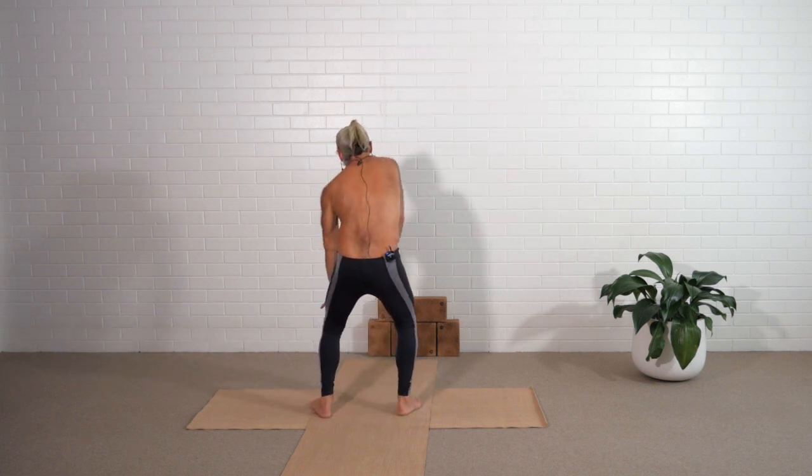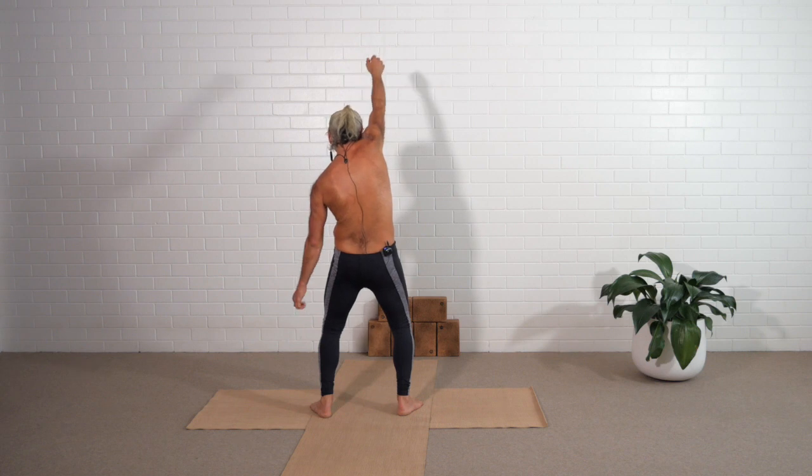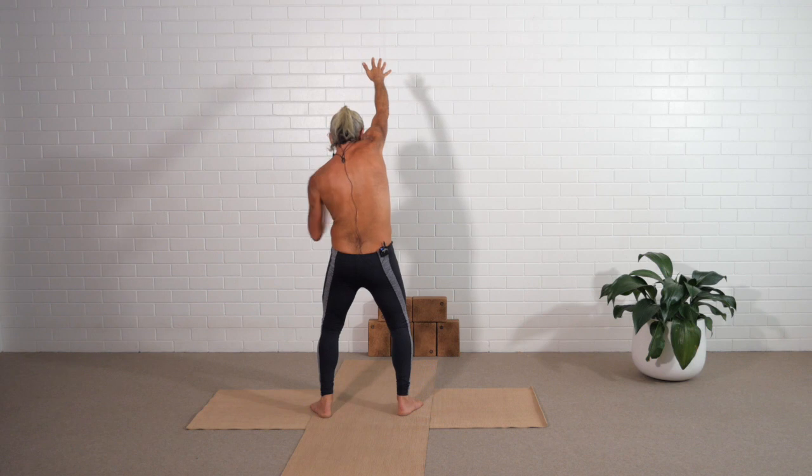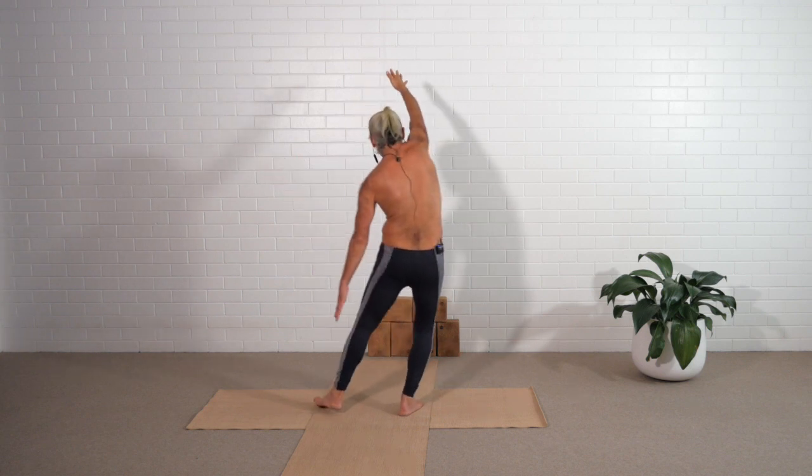Then drop the right hip, lift up the right shoulder, right elbow if you can. Shoulders apart, relax your throat. Hands apart, check the neck is free. Keep the back long, right side long. Now, if it's okay for you, lengthen the outer right hip, shift the weight to the right leg and